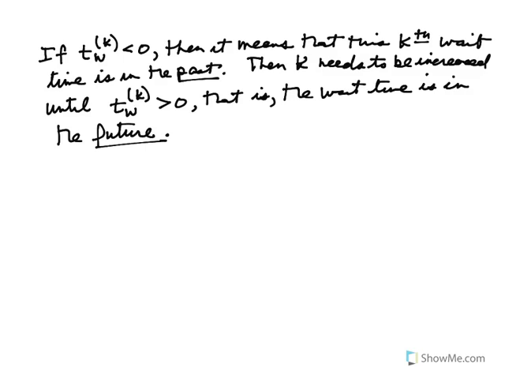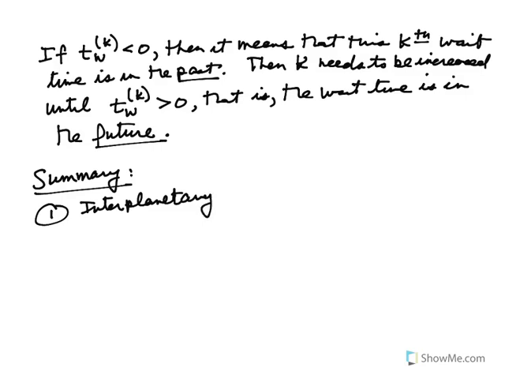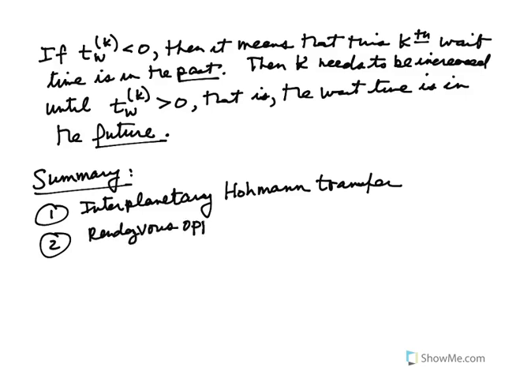So this lecture has now taken us through these two constructs, and these two constructs are the following: we constructed what's called an interplanetary Hohmann transfer, and then we constructed what are called rendezvous opportunities, that provide configurations,